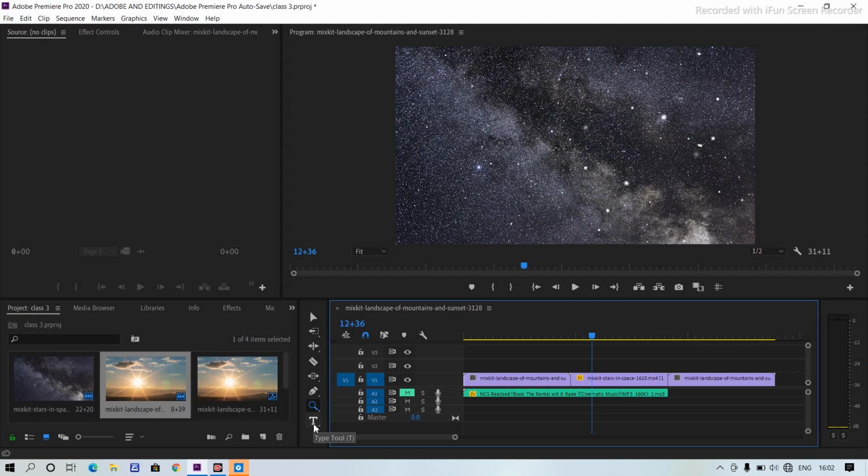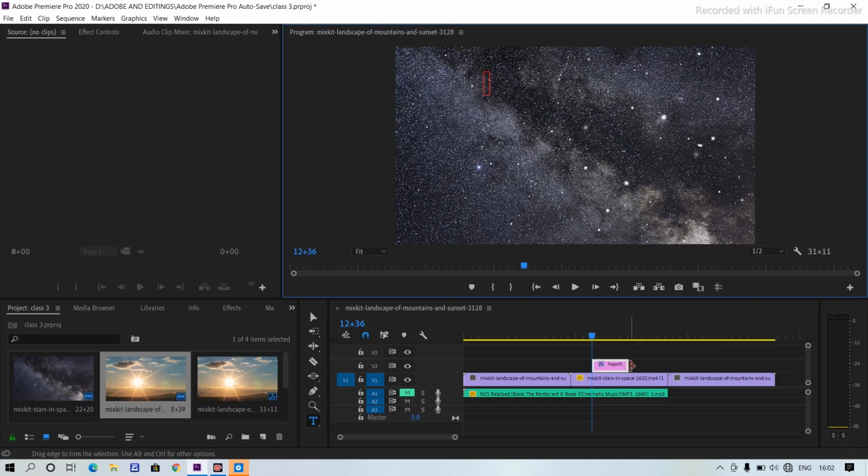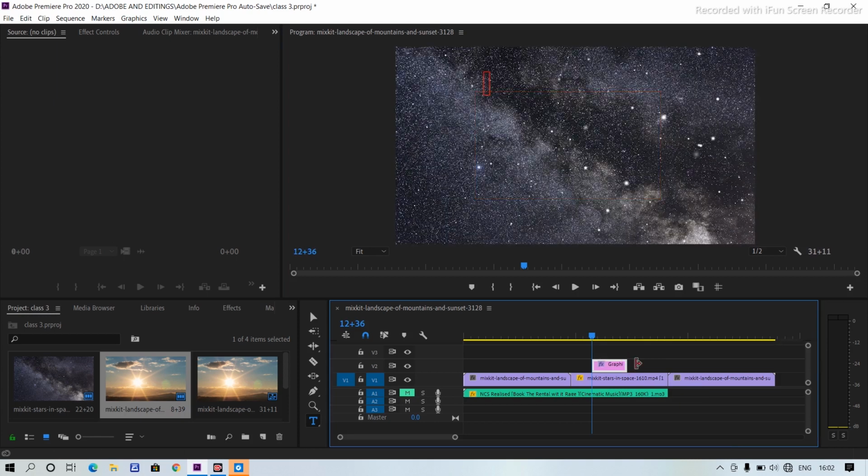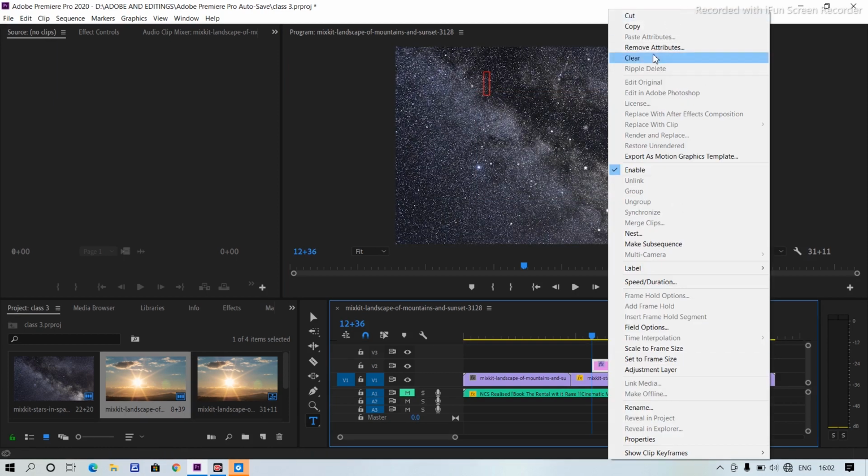Now it is the most important tool, which is the type tool. The type tool, T, and the vertical type tool. So what we can do is type anything here. Okay, it creates a typeable place, and you can also adjust it like this. If I write something, okay, wait, let me clear it.